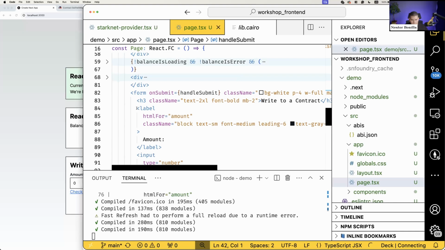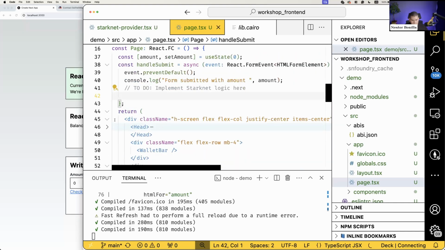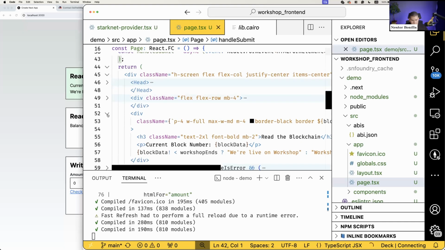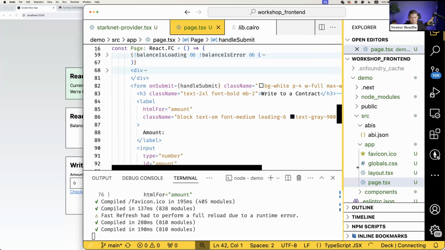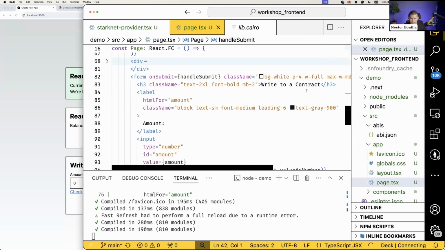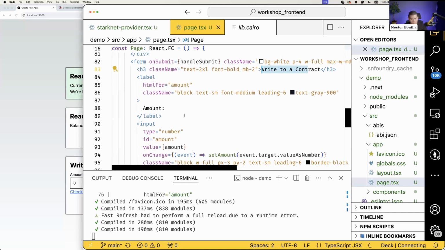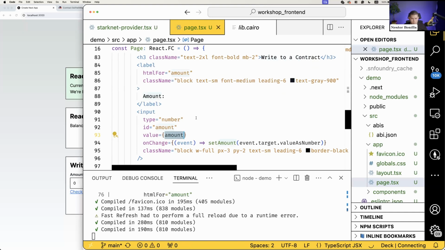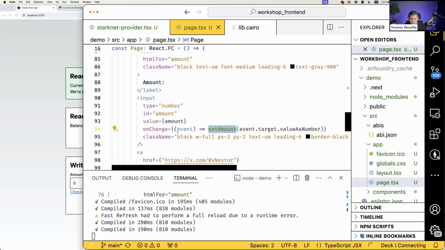Not HTML, not hooks. Let me click these. I think that is better here. Okay, we have a form that inside it has just a "Write to contract" h3. Then we will have a label and an input. That input is going to be the amount variable that we will be updating every time the content on